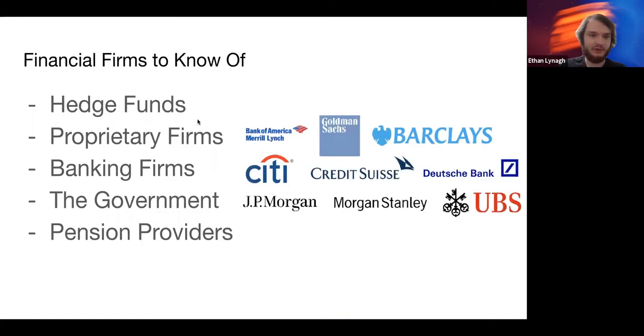And then this isn't necessarily too important to the actual quantitative side of stuff, but just to know of people who participate in this financial system. You have hedge funds, which are big financial institutions who buy and sell stock, usually for wealthier clients. You have proprietary firms who are kind of like a smaller version of hedge funds. Usually they're operating with a lot less high net worth individuals.